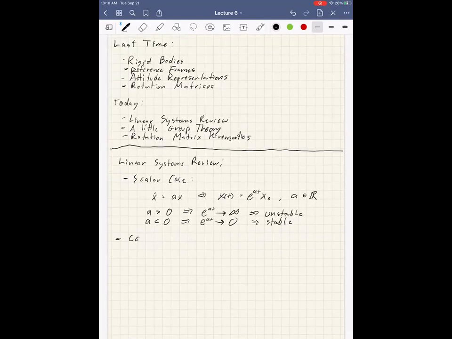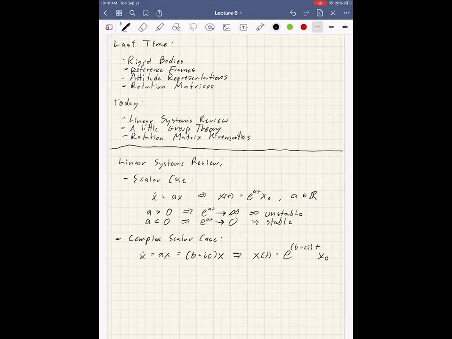What we're going to do now is look at the complex scalar case. I think most people have seen this before as well. This is a simple harmonic oscillator situation. So we're going to do the same thing, but now we're going to look at x dot equals ax, where a is b plus ic, where b is the real part and c is the imaginary part, times x. And unsurprisingly, the solution is the same. It's just e to the at again, but now it's e to the (b plus ic)t times x naught,